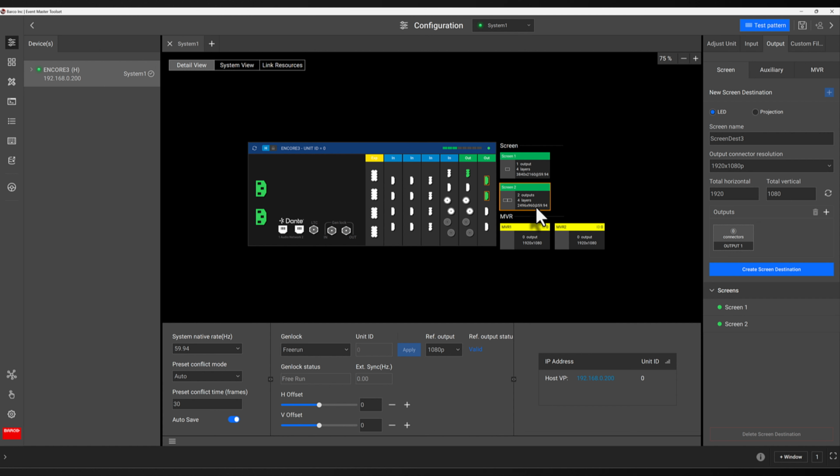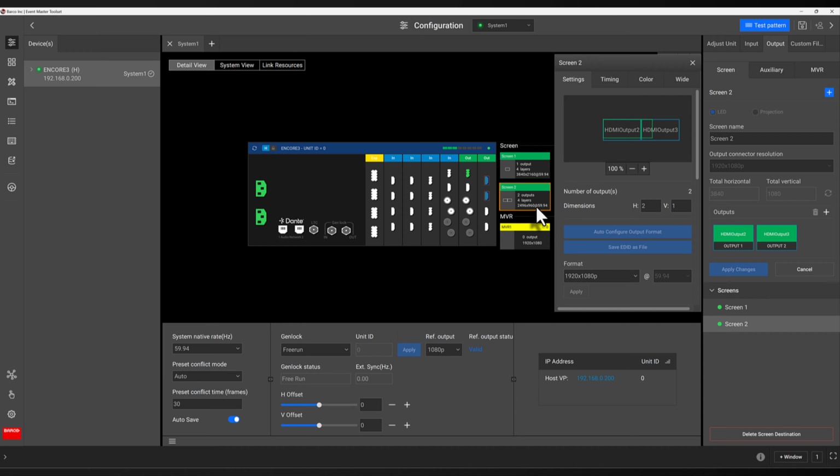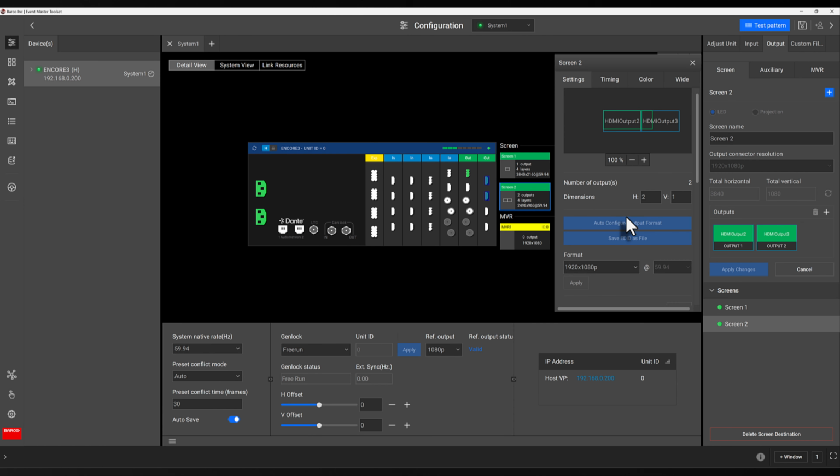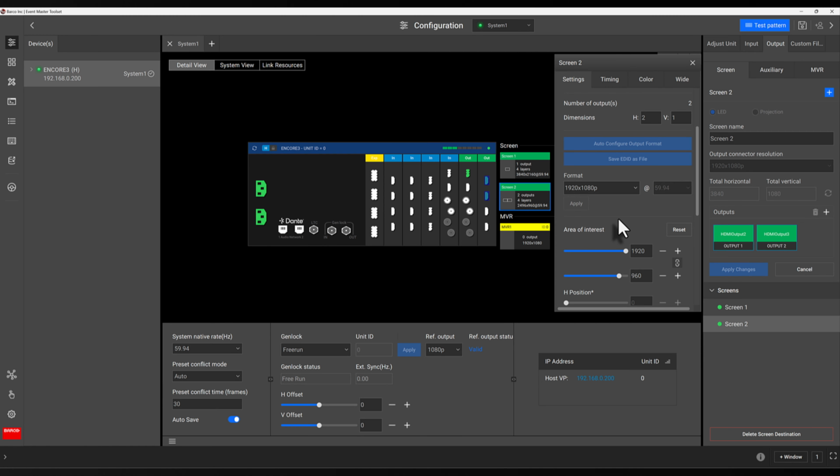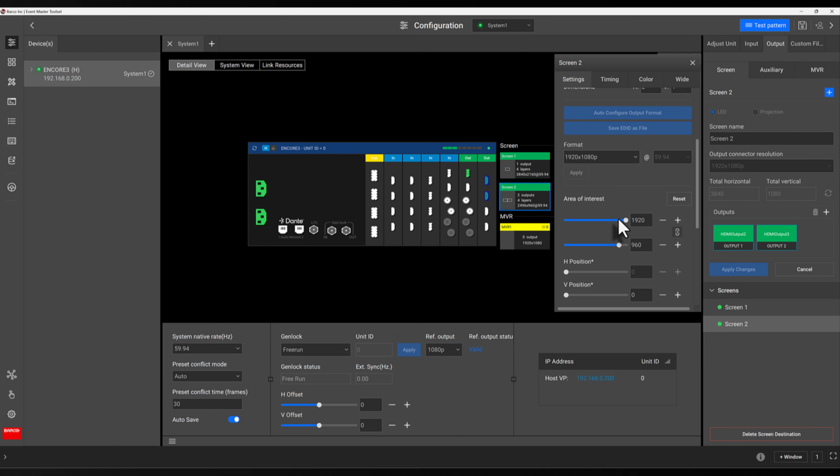If we select that destination, it'll display the settings palette. And we can see that because of our assisted workflows, we've already created the areas of interest for you. Let's take a look at the Settings tab. The settings give us the number of outputs in their dimensional arrangement. As we can see, it's 2 horizontal by 1 vertical, the format of the outputs, and our area of interest